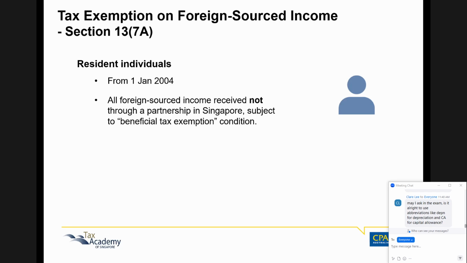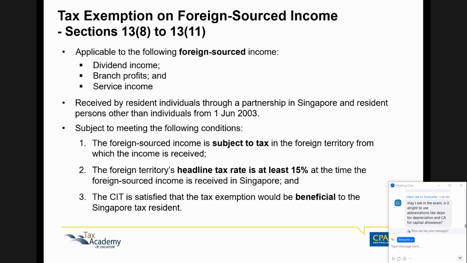Okay, foreign source income. Residents, individuals, not subject to tax, but we are doing corporate, so we look at corporate now. So for corporate